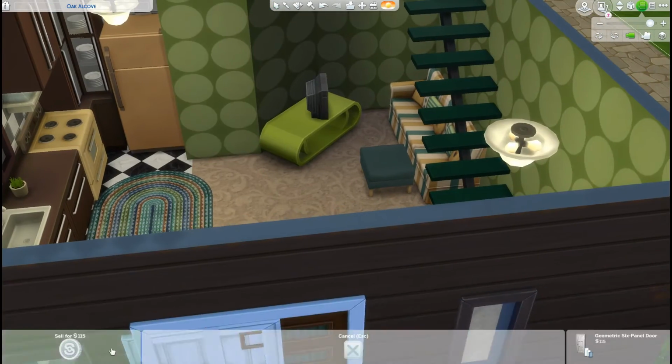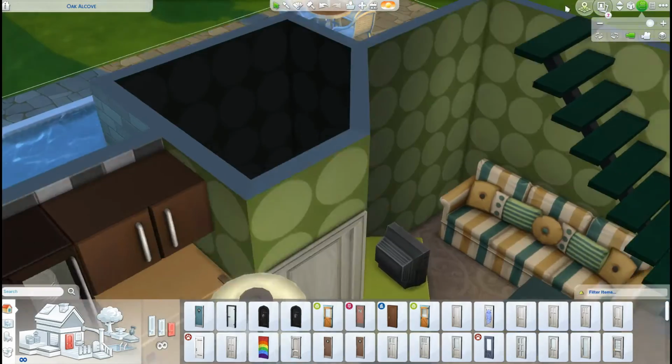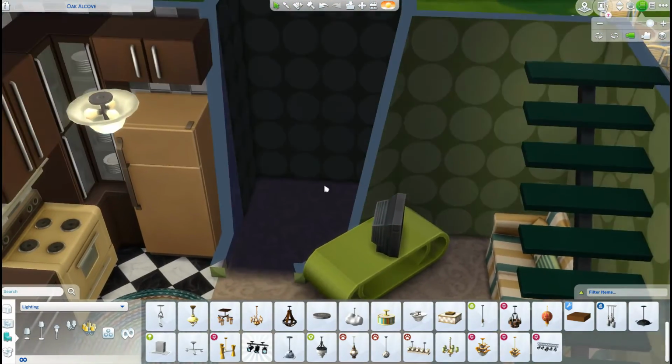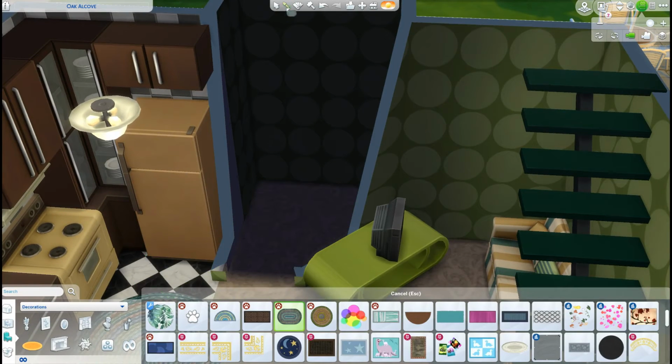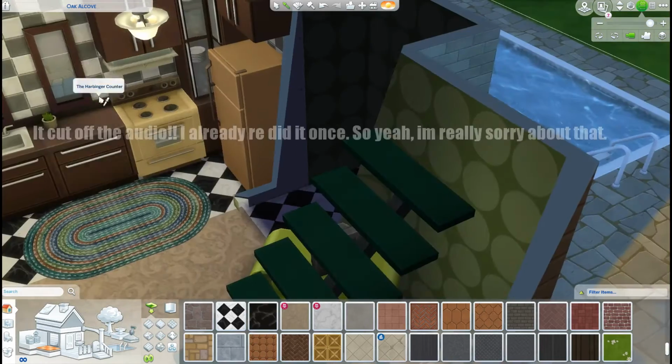Just fixing that so I don't cover the door because I almost forgot the door. I don't know if I'm the one who does this, but I always forget to put the bathroom door until I realize there is no space for the bathroom door to go. But I figured it out. I hate doing the bathroom, so I kind of just did the same color scheme in the bathroom as there is in